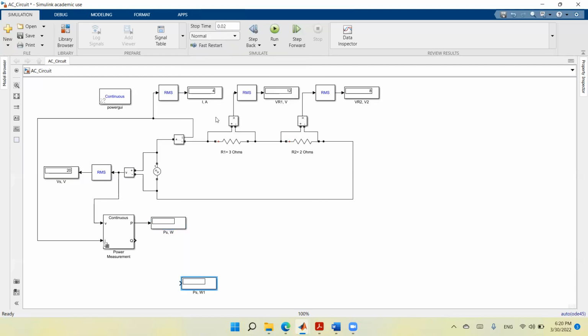So let me type, paste this display here, connected to Q, and I will type here Q of the source. The Q is always measured in volt ampere reactive, so it is in vars. And here for the power measurement device, I will type here source, so it will be the power of the source. Now I will run the circuit,